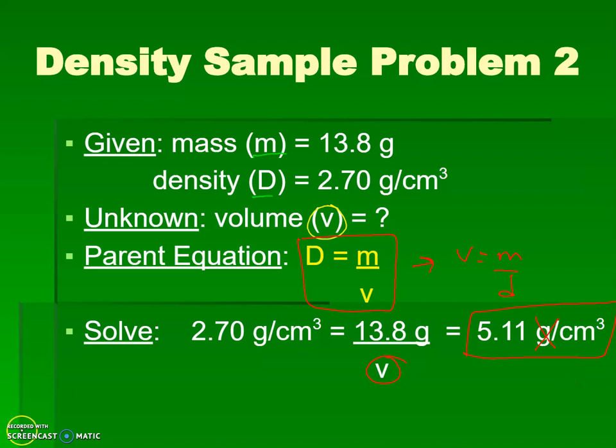So make sure you try it with your calculator. Can you figure out a way to check if you're right? Yeah, you can substitute back in. Okay, you can take 13.8 grams and divide it by 5.11 centimeters cubed, and you'll see that you'll get a value of 2.70 grams per cubic